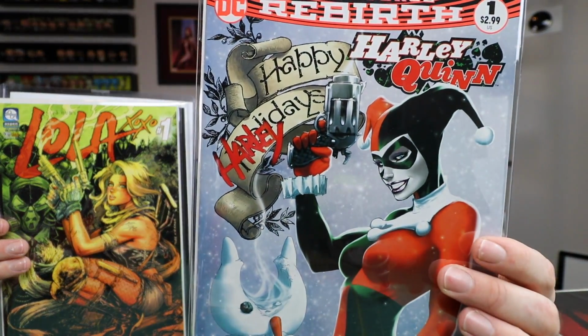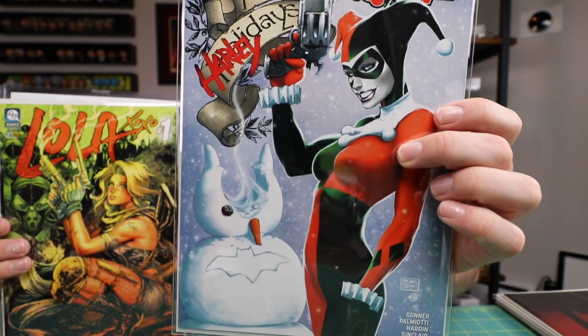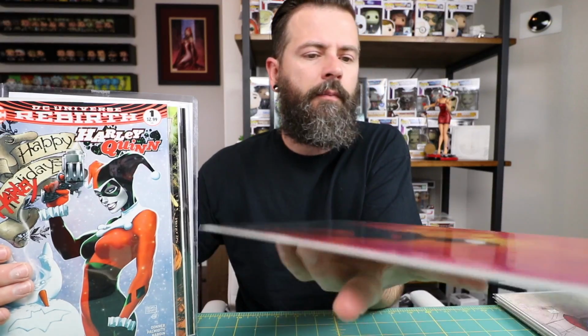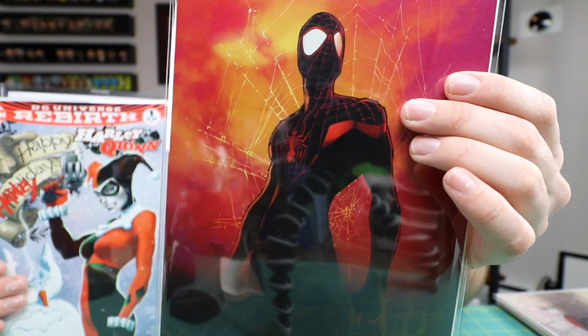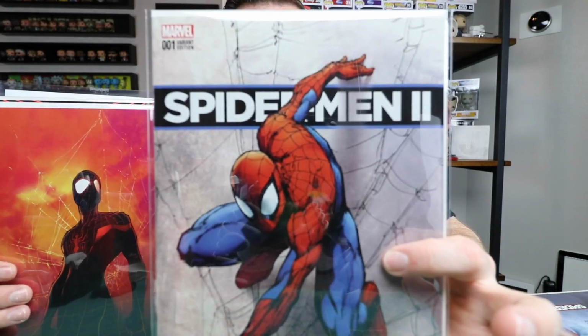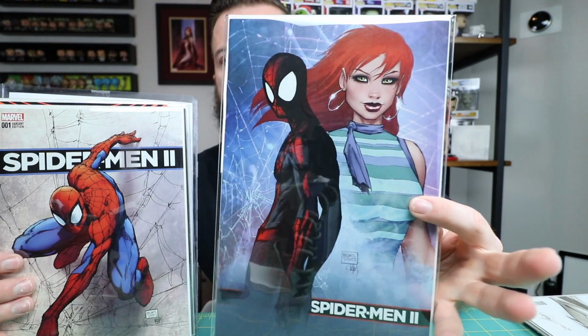I got Michael Turner's Harley. Is this the 25th anniversary, or is it the Happy Holiday Harley Quinn cover? Thought that was cool. Got some Michael Turner Spiderman. This is the Spiderman 2 set for #1. I got the sketch, or not sketch, but the Virgin cover. And then I got this cover and that cover. So I got the 3 Michael Turners. And then I also picked up